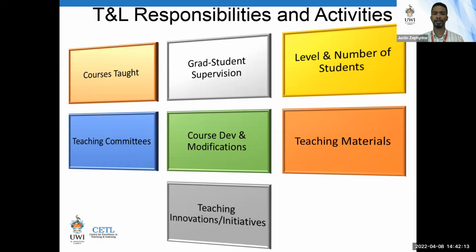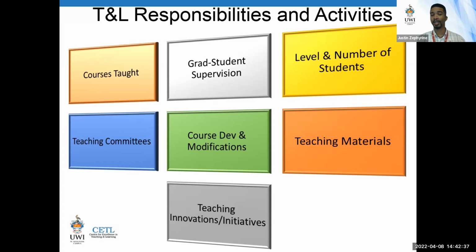When we think of teaching responsibilities, just think of your teaching load. What are the courses you've taught? What levels, graduate or undergraduate? The size of the classes, whether it's 800, because I know persons like Rhoda and others may teach courses that have 600 plus students.